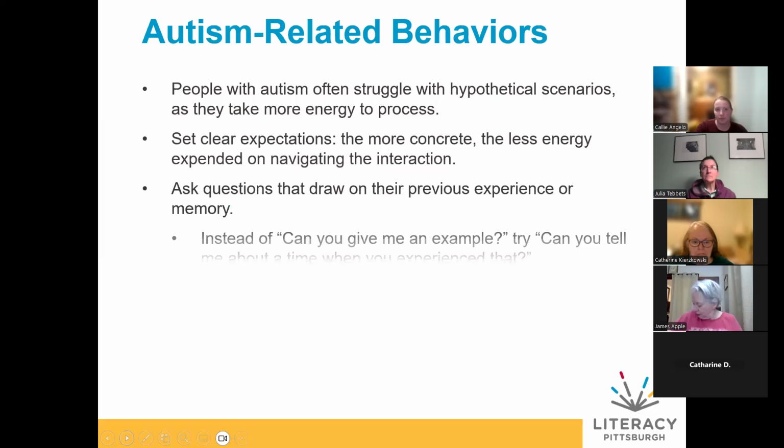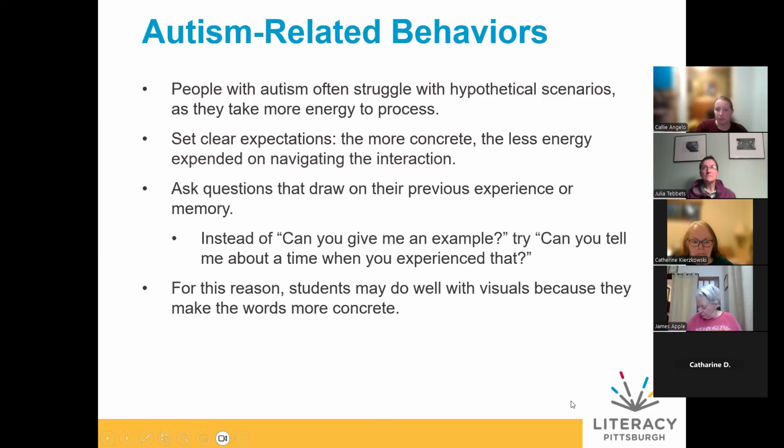Okay. So, for those of you whose student may have disclosed a diagnosis, here are some other behaviors that you will see with autism specifically. I put these in here because I am finding many tutors find this to be a little bit reverse to what you would expect with neurotypical students and how to engage with them. So I thought it was important to highlight this and explain why we do what we do in these scenarios.